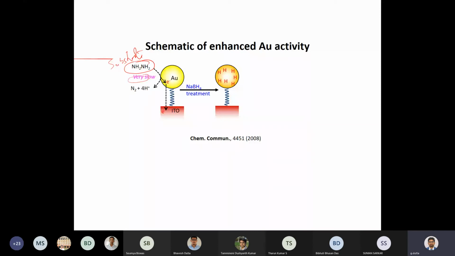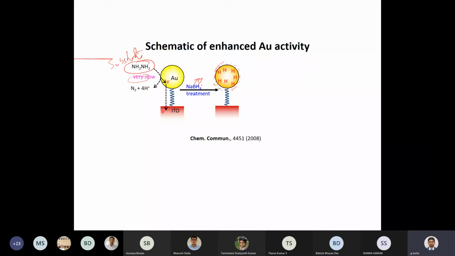In sodium borohydride, you can see there are 4 hydrogen atoms. Those hydrogen atoms can decompose and adsorb on the surface. Because of these hydrogen adsorptions, their activity changes. So in this case, sodium borohydride is